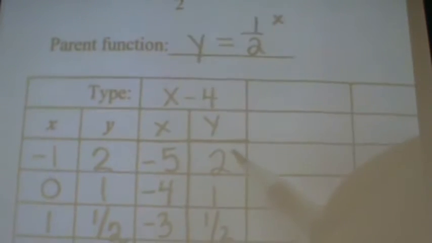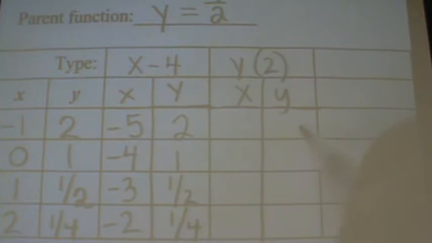What would be my next transformation? Multiply the y values by 2. Can you do that for me? Multiply these y values by 2, I get 4, 2, 1, and 1/2. And the last thing I'm gonna do,